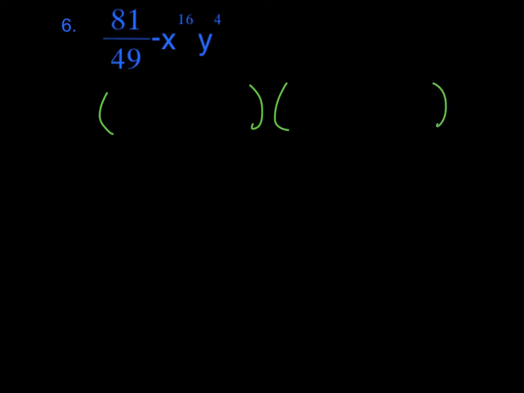fraction. So we take the square root of 81, which is going to be 9, and we're simply going to put it over the square root of 49, which is 7. Ta-da! See? No big deal. One plus, one minus. Okay, now remember, when you have exponents, they're perfect squares if they're even, and the way